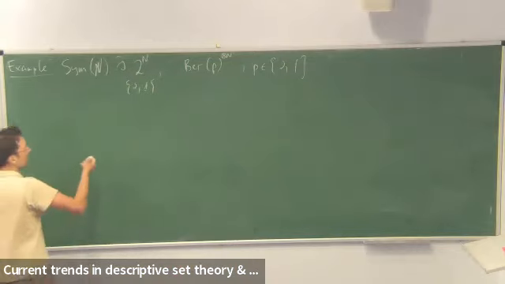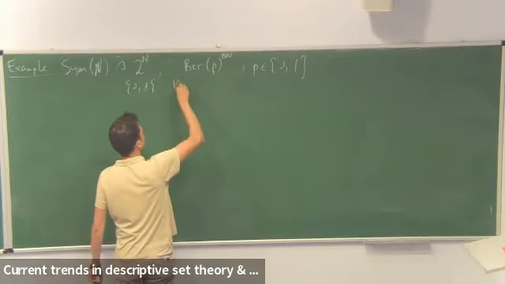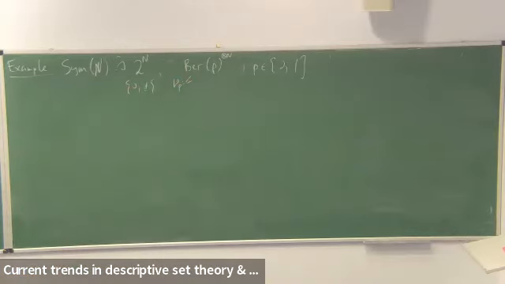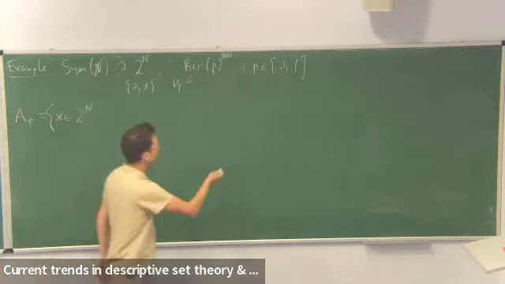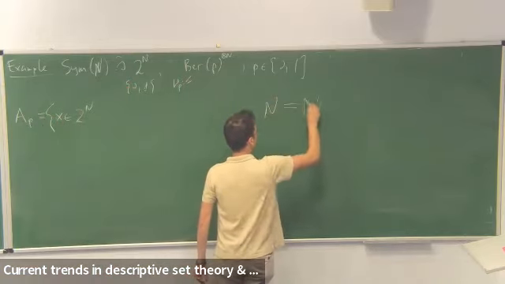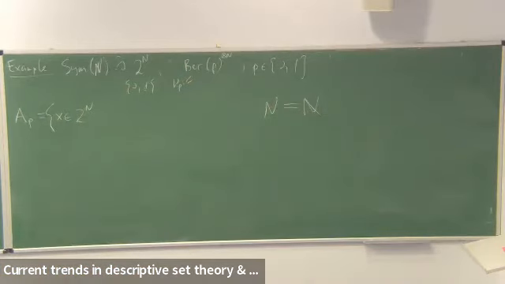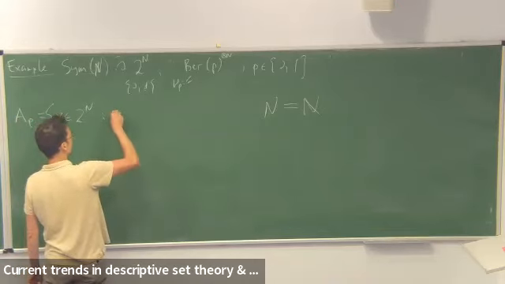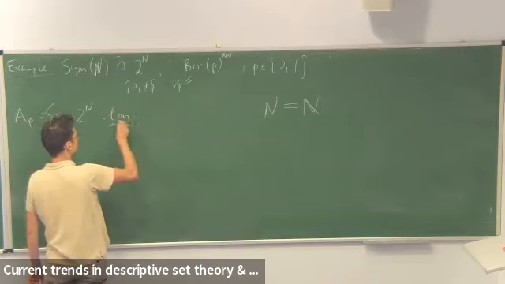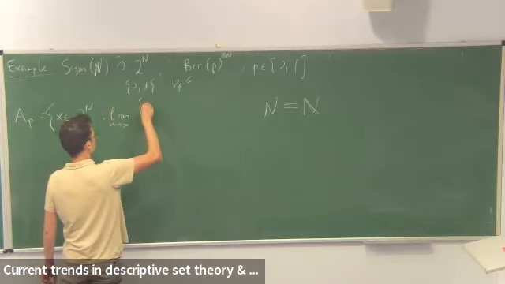Now, for each of these measures mu p, all of them are ergodic. This is easy to see, and I'm going to prove it in a second. Now let's consider this set A_p, which depends on p. It is the set of all sequences x in 2 to the n. I'm also going to identify this n with the natural numbers, so just fix some arbitrary bijection between my set n and the natural numbers. And now I'm going to look at all x such that the density of the ones is equal to p. So this is the limit of the number of i